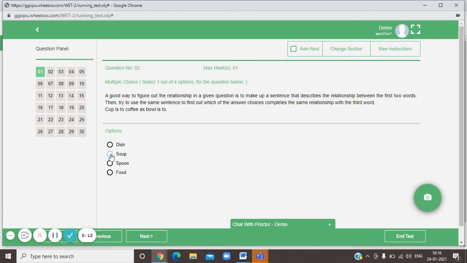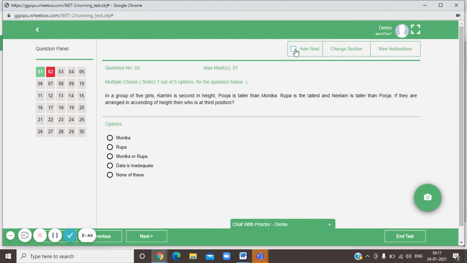Right now I'm clicking on my second option. In case I feel that I'm unsure about this question, you have the facility of flagging that question. That is basically parking the question, and you will refer to it before you submit. How to flag it? I need to click an option. I click my option, but I'm unsure about the option. I click on flag. So I need to click on the flag button, which is here. On the left panel, you can see that it has become red. Now I go on to my next question.